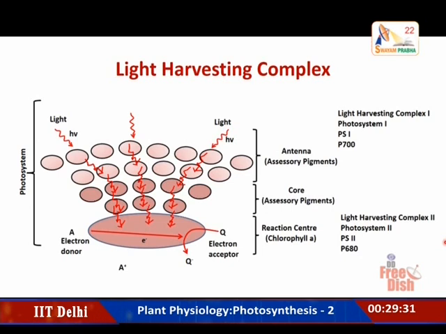In photosystem 1, the reaction center is made up of a dimer of chlorophyll A P700, and it has an antenna complex where approximately 70 to 80 chlorophyll molecules are present, and it also contains 10 to 12 molecules of